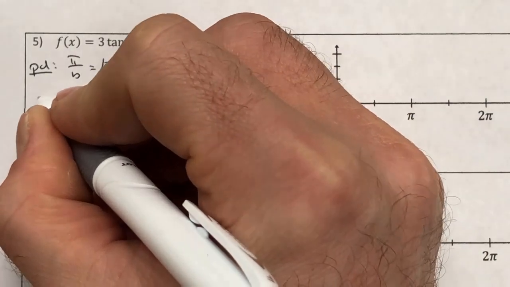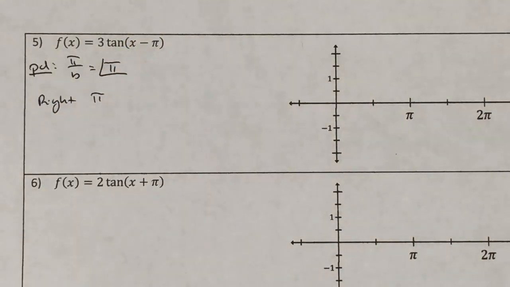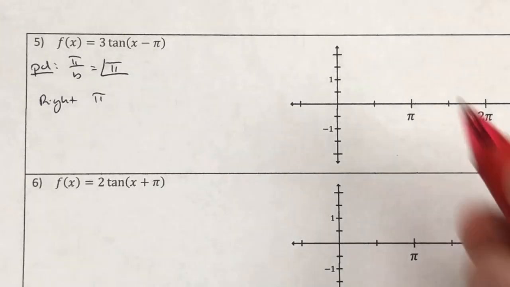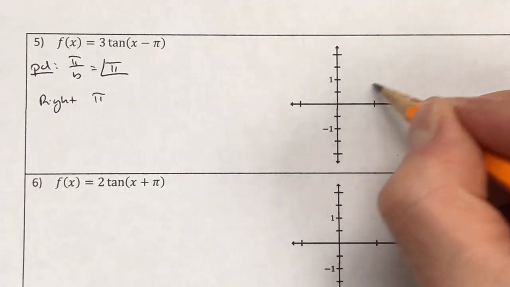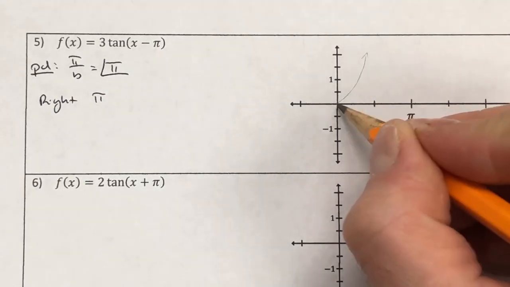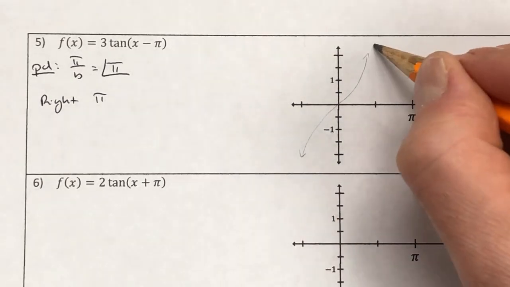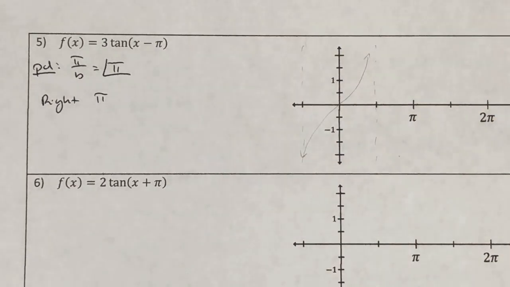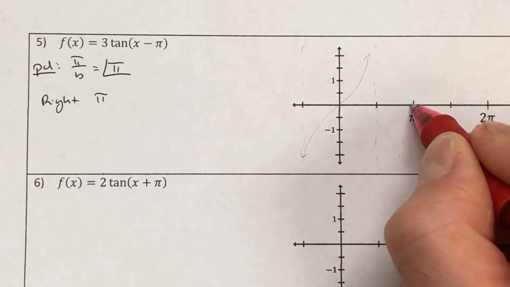But I have shifted to the right by pi units. So I know my point that was originally at 0, 0. In fact, I'm going to draw a ghost of a shape right here. I know that this is where my original graph was, where I had an asymptote right there, and an asymptote right there. This is moved over by pi. So I'm going to take the starting point and move it over by pi,